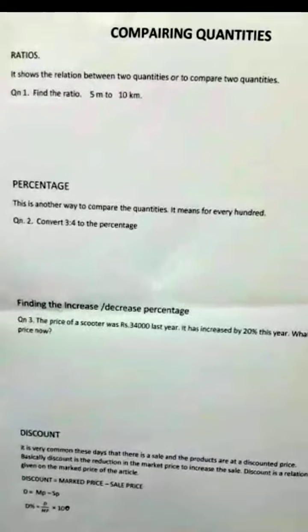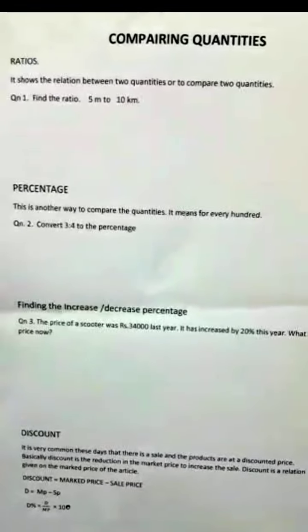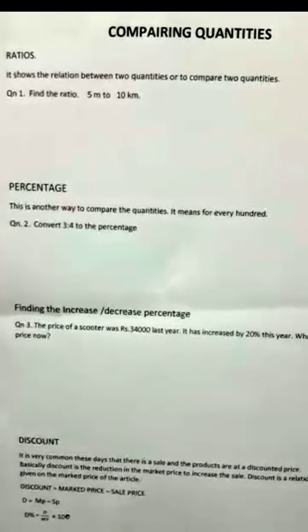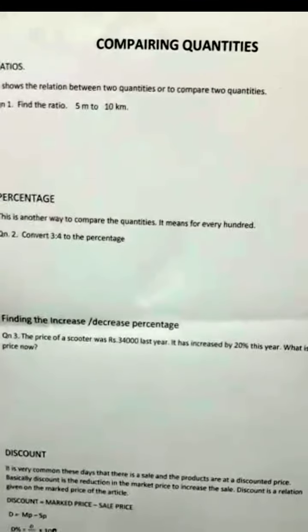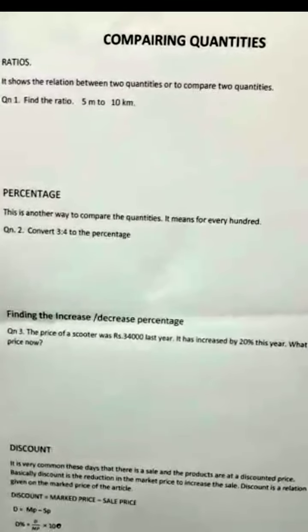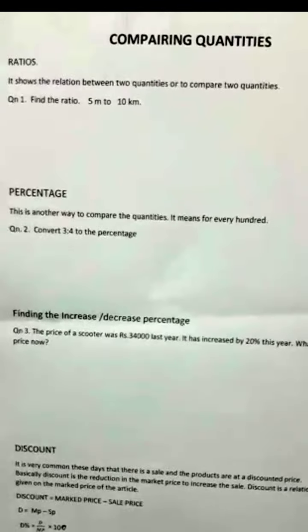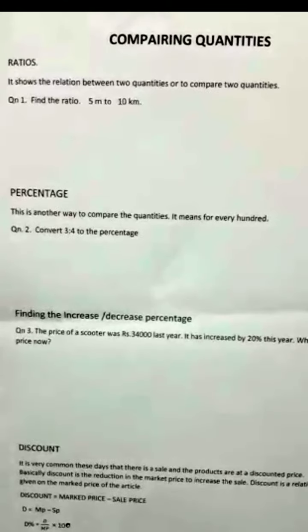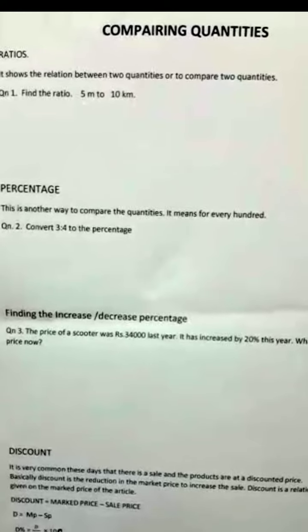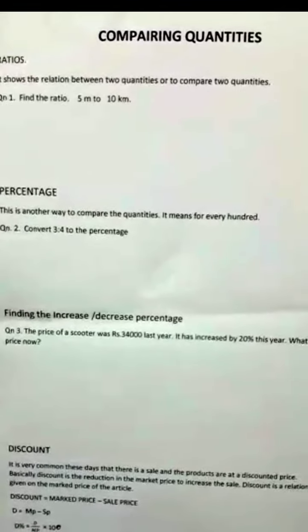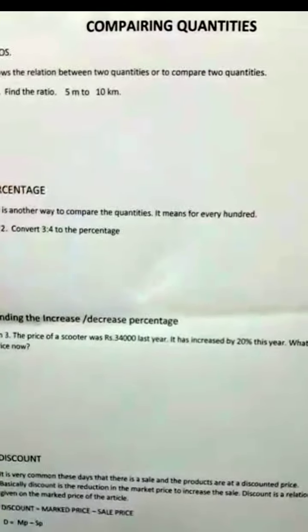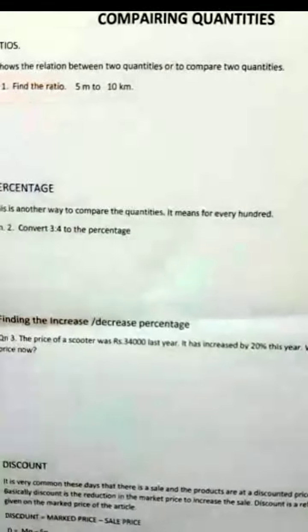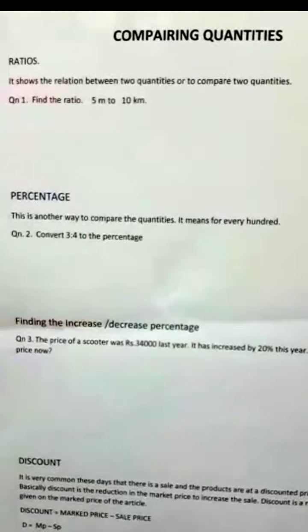So the first example which I give: find the ratio of 5 meter to 10 kilometer. We have to keep in mind that when you do the ratio, the unit must be the same, and for the answer, the ratio, you should not write any unit. So here, 5 meter to 10 kilometers. Meter you can change to kilometer, or kilometer you can change to meter. Here I am changing the bigger unit because multiplication is easy; otherwise, if you divide it will be decimal, so the calculation is more complicated.